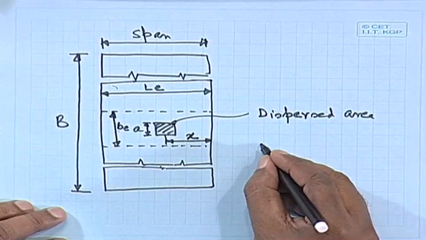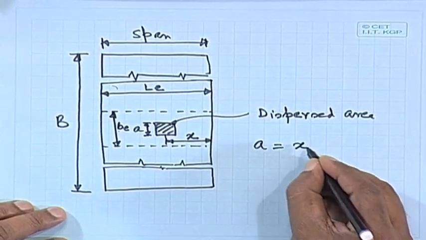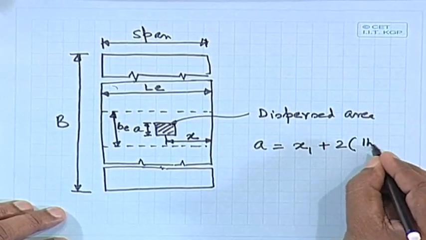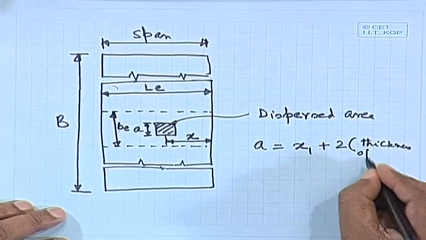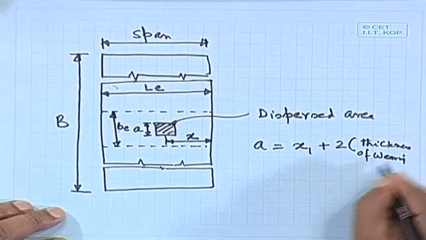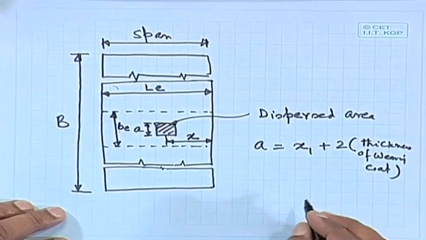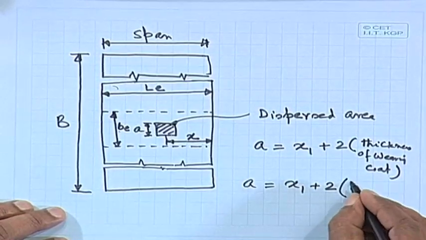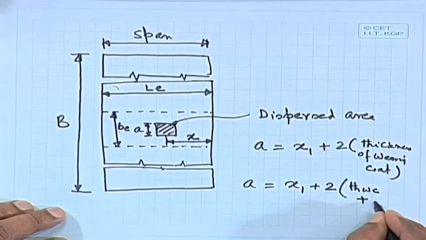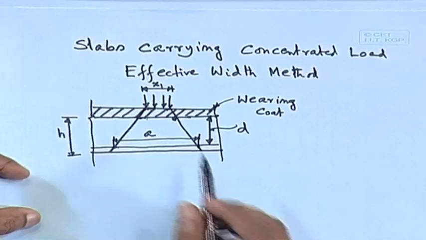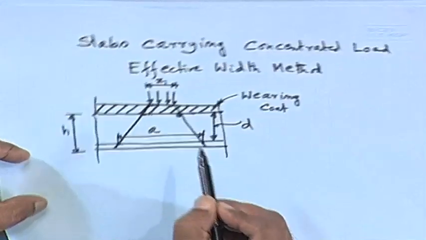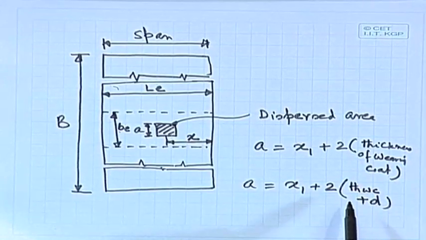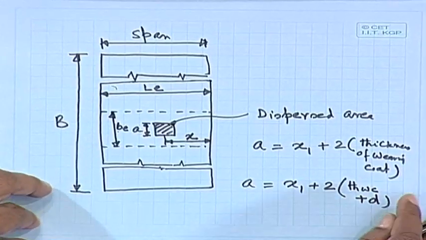We can write A equal to x1 plus twice the thickness of the wearing coat, or we can write A equal to x1 plus twice the thickness of the wearing coat plus D. There are two options I have told: either it could be up to this, or it can go up to the effective depth. So we can find out A, and our code says